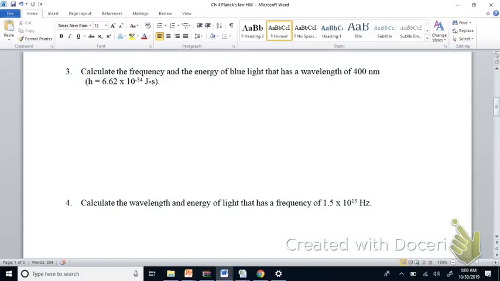All right, so we're going to look at problem 3 from this worksheet. 3 asks us to calculate the frequency and energy of blue light that has a wavelength of 400 nanometers. Now, it really doesn't matter which of these two I choose to do first. I'm going to calculate the frequency first, and I'm going to use the relationship